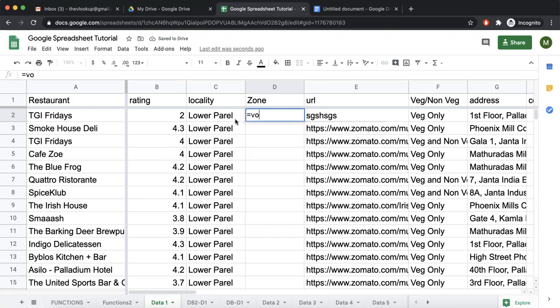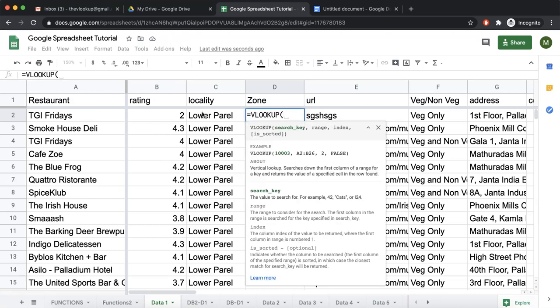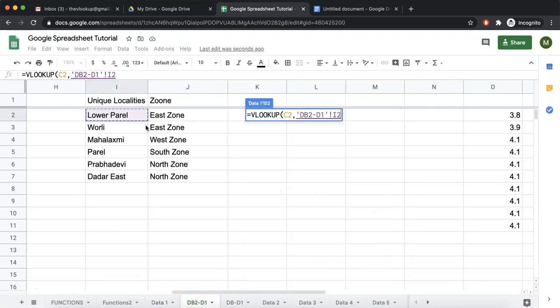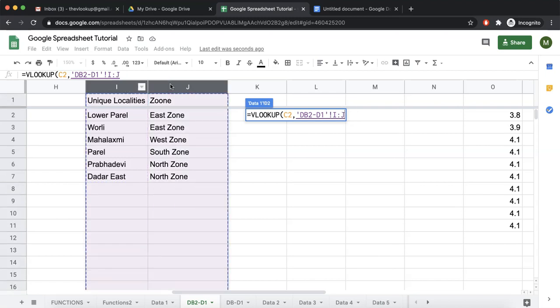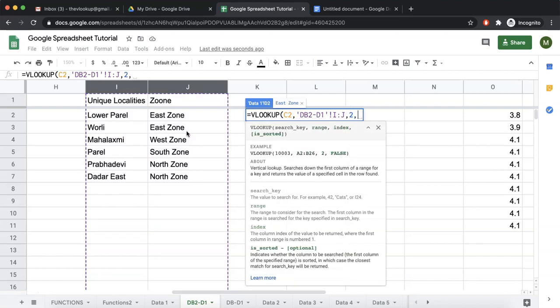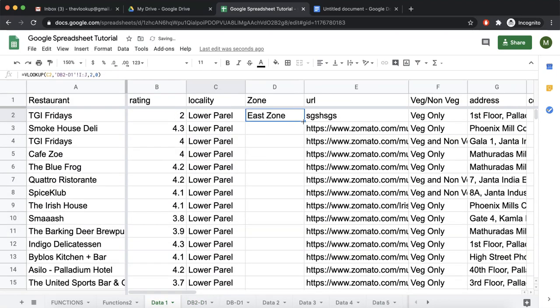We could have simply written VLOOKUP for this value in this range, or to make it simpler, just select the entire column I J, because the first column is the locality. The index should be 2, comma 0. So this is east zone, and we can, another way to copy down the formula is click Control C or